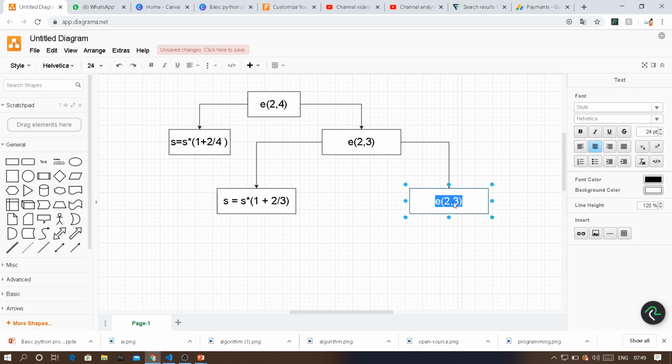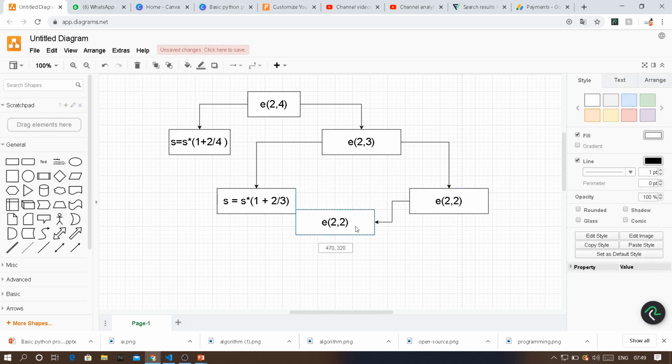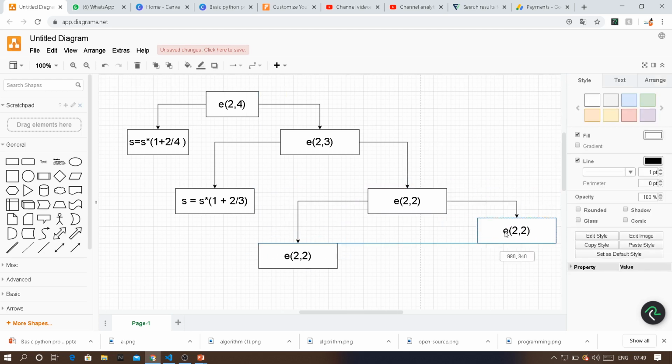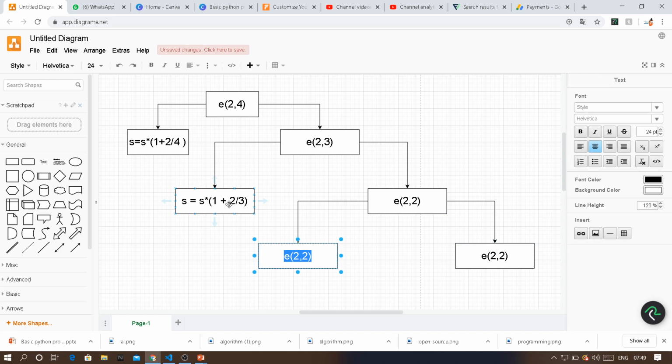So coming to the rightmost part, we have to reduce the value of n, which means we will be recursively calling 2 comma 2. Now on the left side I'll be having one branch, and on the right side we will be having one more branch. Okay, fine. Now coming to this term, with the previously calculated s value, that's a static variable. That is why I'm telling the previously calculated s value. We will be multiplying 1 plus 2 divided by 2. What is this? Denominator 2 is the new n value.